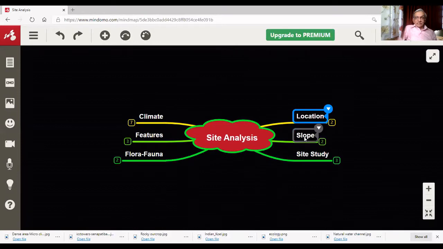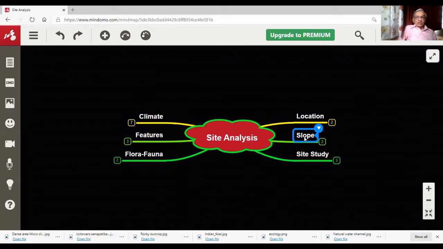The second aspect is the slope, understanding the slope of the site, because depending upon the slope, the entry to the project can be decided. For example, in a hilly area, there could be a situation where a house gets an entry from the higher side of the contour because the road passing by the site is there at a higher level,